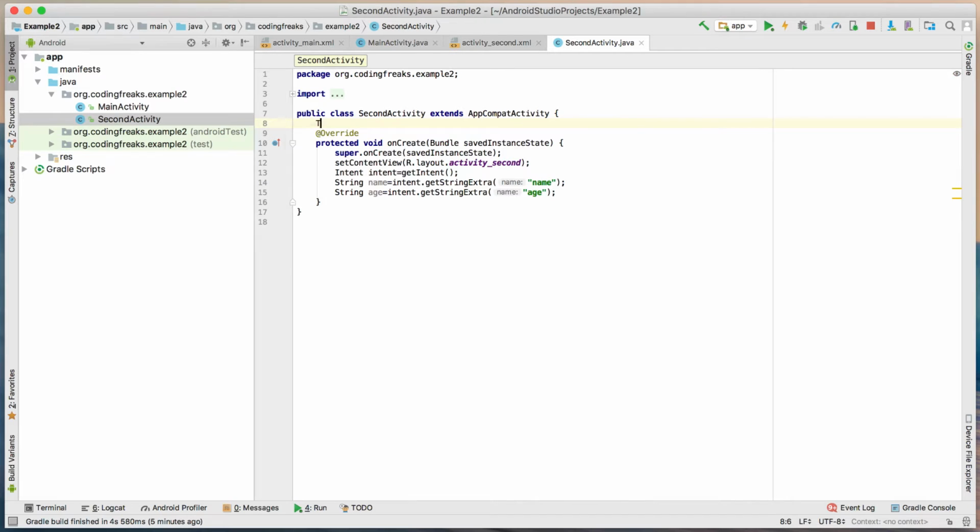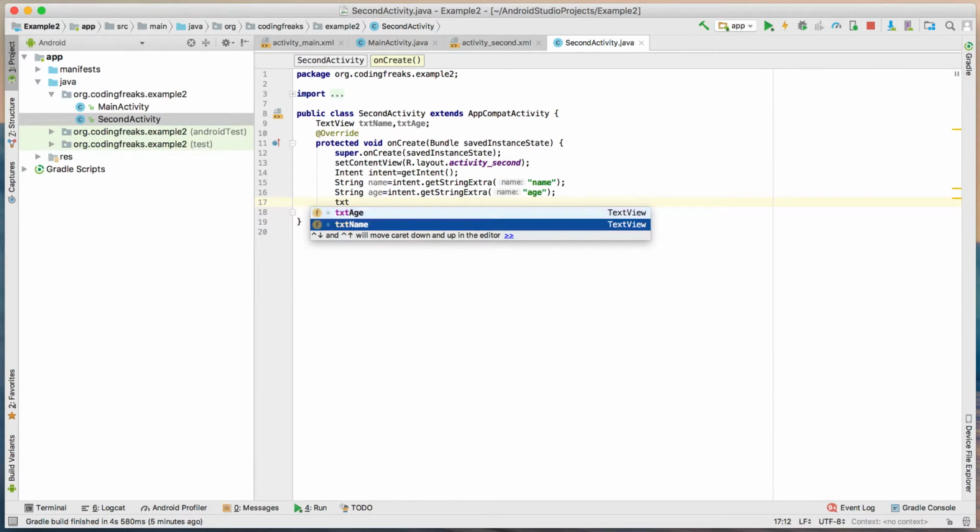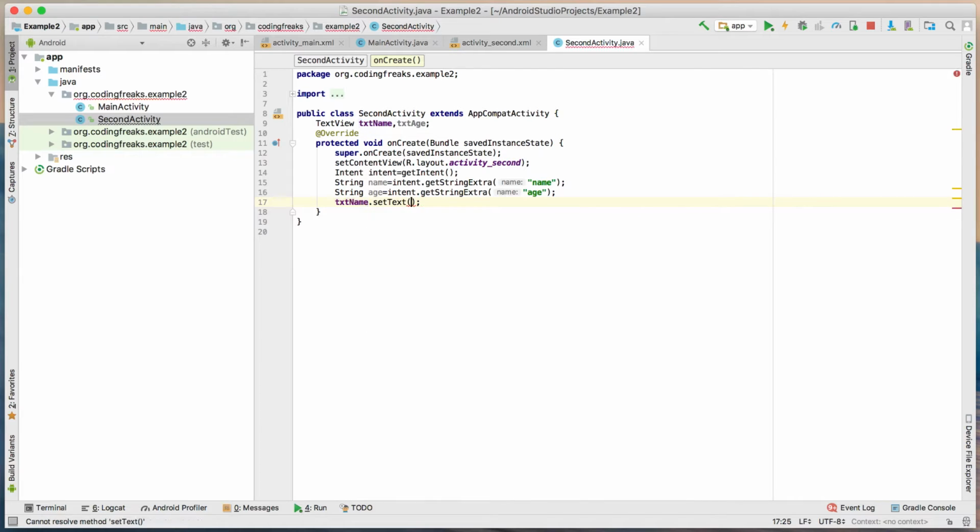Define class level objects for text views in UI. Set text values to these objects with the values which we have fetched from the intent.